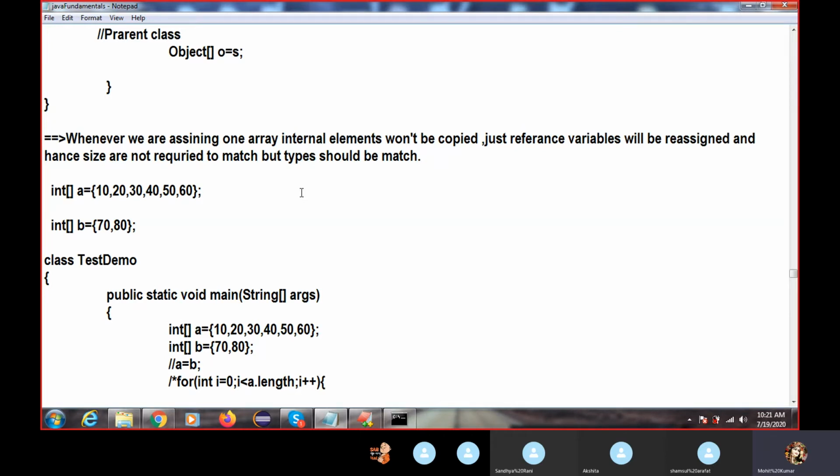But in interviews they will ask many questions, mostly from logical programming: how to remove duplicate elements from an array, how to sort the elements of an array, how to display only unique elements in an array by using the array.